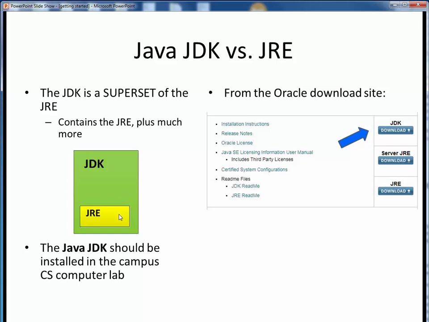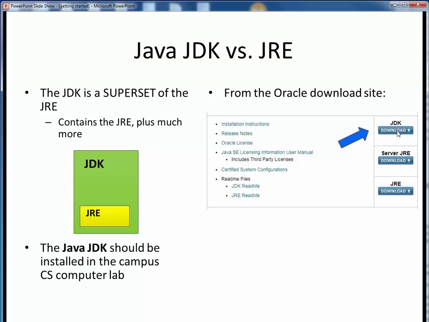Technically, installation of the JDK is purely optional on your part. If you have any other courses on campus and don't mind working within the confines of the lab hours, you'll find that the Java JDK should be pre-installed and available for student use in the Campus CS Computer Lab, as noted in the syllabus. However, all that is obviously a moot point for this semester for fully remote online instruction. But the whole point of taking an online course is to be able to work in your own environment and on your own schedule. So when you are downloading the Java JDK for installation, look for a download button similar to the one shown in the screenshot on the right.